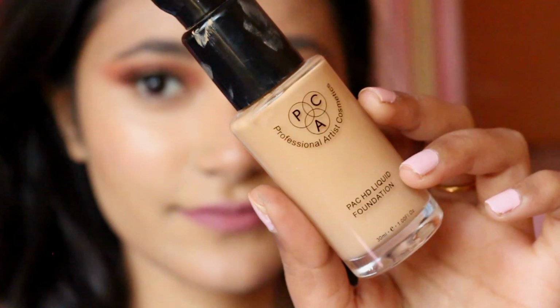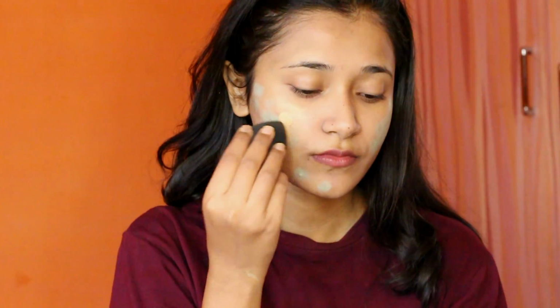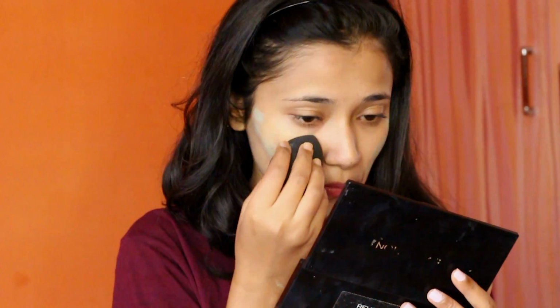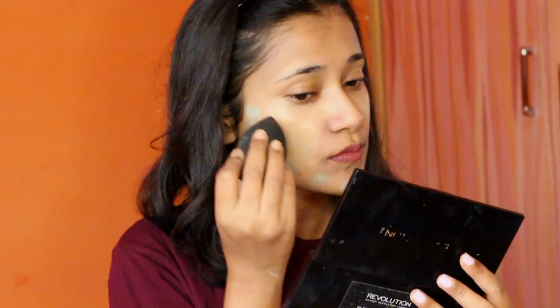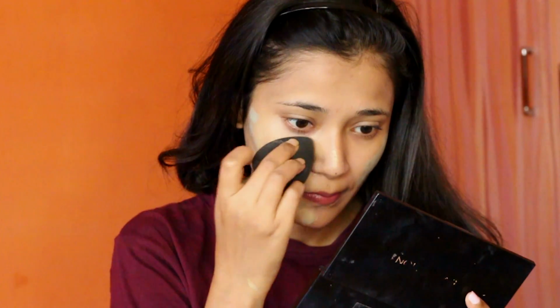And then I'm going to go ahead with my foundation. I'm using my PAC HD Liquid Foundation in the shade 2.1. Yes, guys, I found my perfect shade, 2.1. How amazing is that? But do you know what the sad story is? I bought this new shade, which was my shade 2.1. I had to wait for my 2.0 to get over, and finally I got 2.1 as it was in stock,